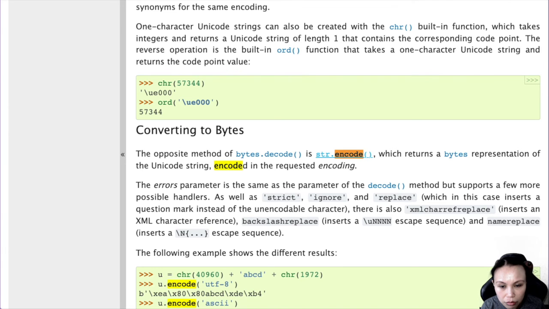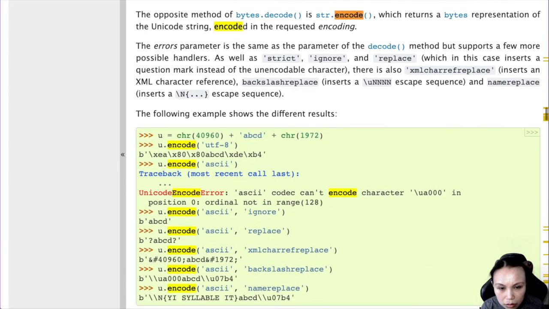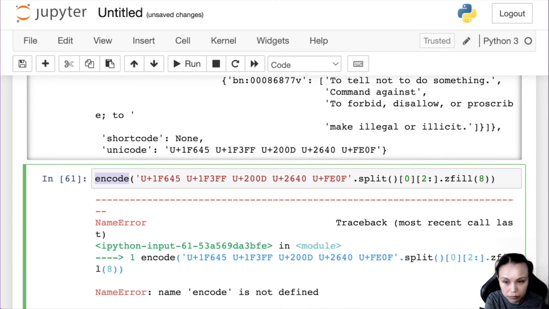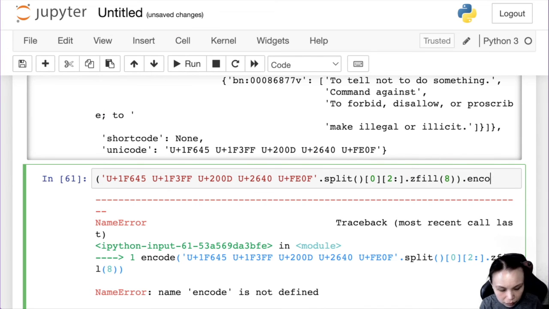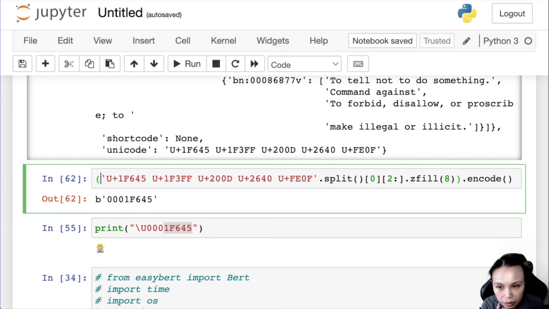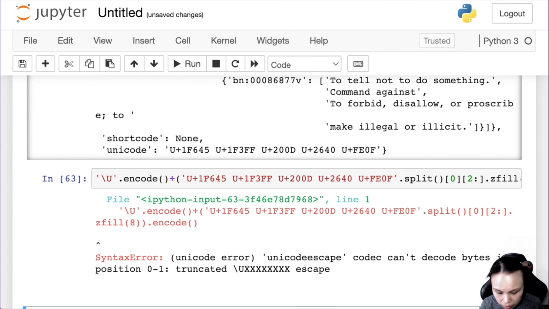Okay, so can I do a .encode there? And then can I add a, so do a this dot encode. Nope. Dot decode.